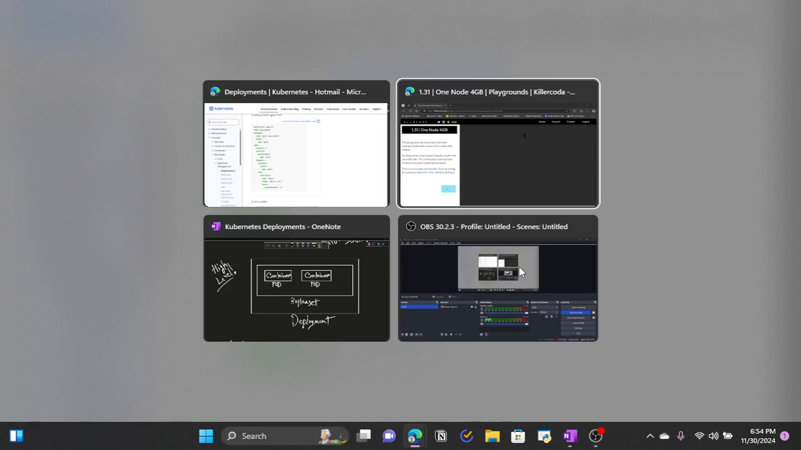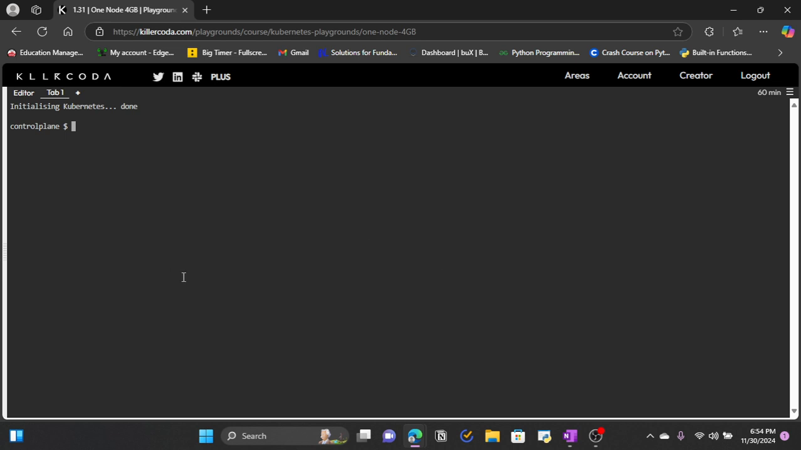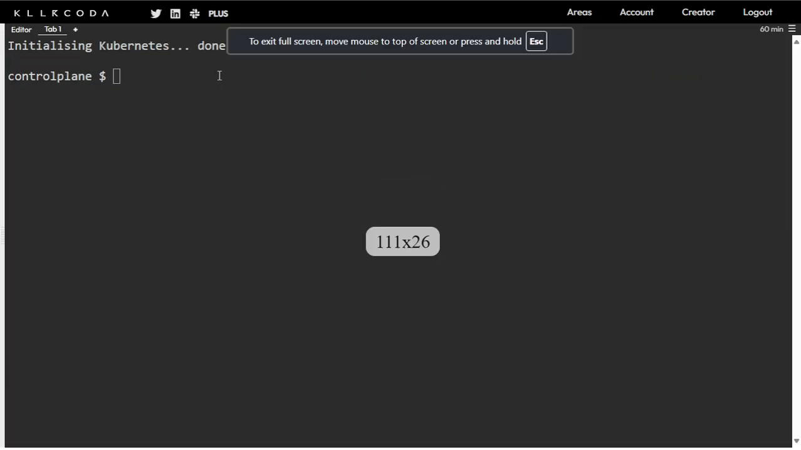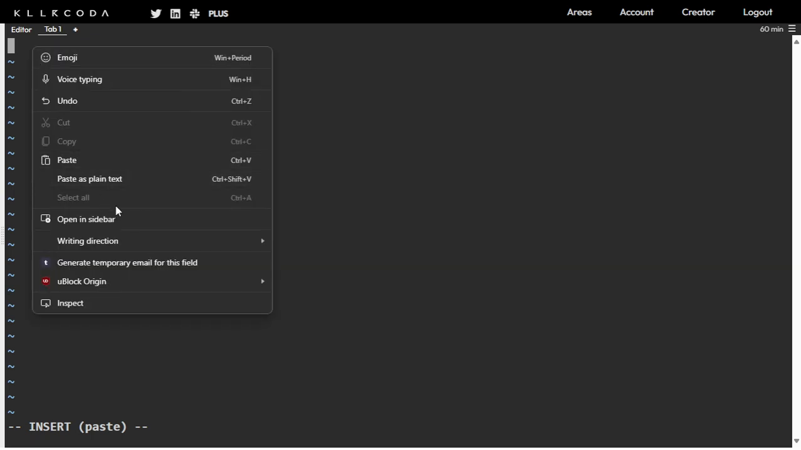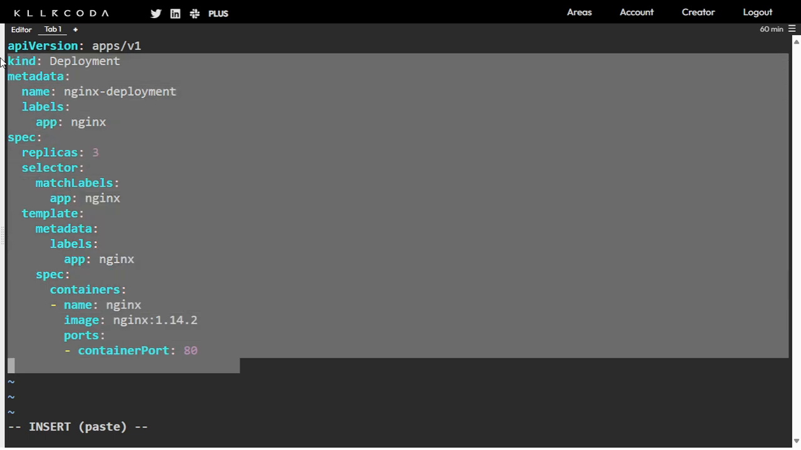Now, our Killer Coda is also ready. So let me check if I can make the font a bit bigger. Yes, fine, it's better now. So let's do vim. Let's name our YAML file deploy.yaml. Press enter, press i to get into insert mode, then paste. Clear? We have our YAML file